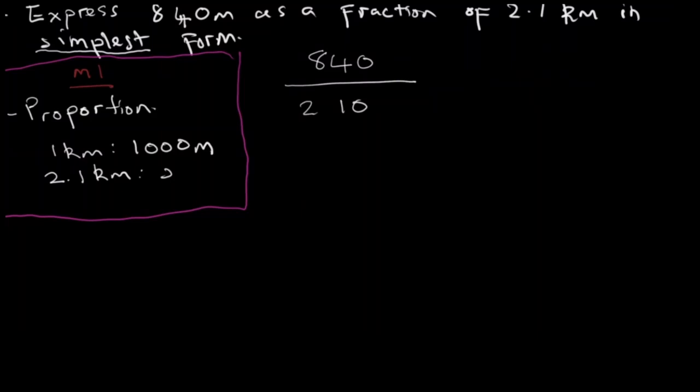So the method I'm going to use to simplify, I'm going to start with cancelling zeros, right? And I'm going to divide 2 into 84. 2 into 8 is 4, and 2 into 4, that's 2. Then 2 into 2 is 1, and 2 into 1 is 0. Then 2 into 10 is 5. The reason why I'm taking this longer method is I want to be sure. Remember, no calculator for paper 1. So now we have 42 over 105. We can no longer use 2, because of course 2 cannot go into 105.